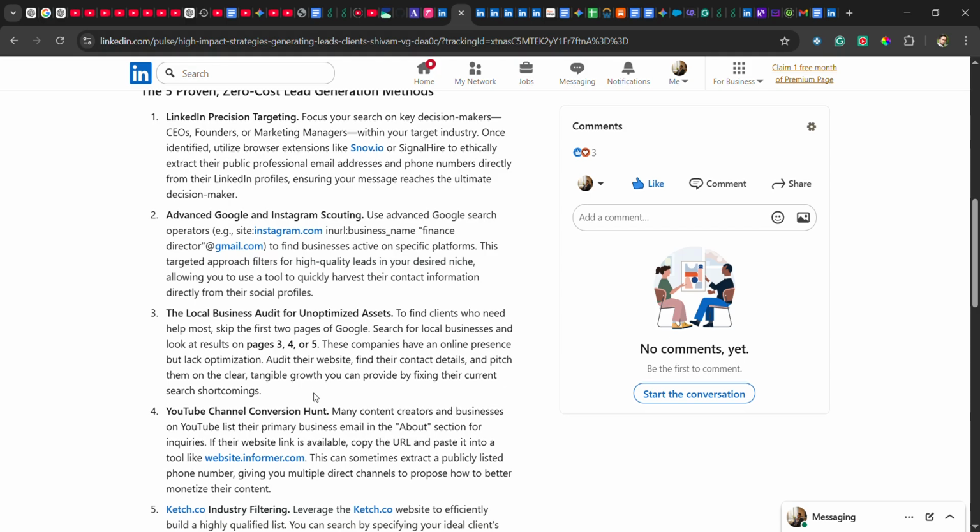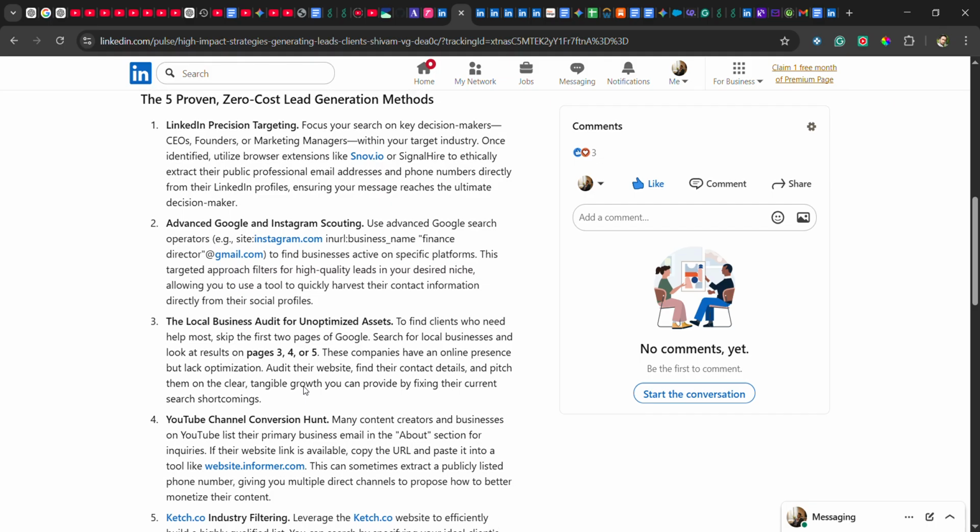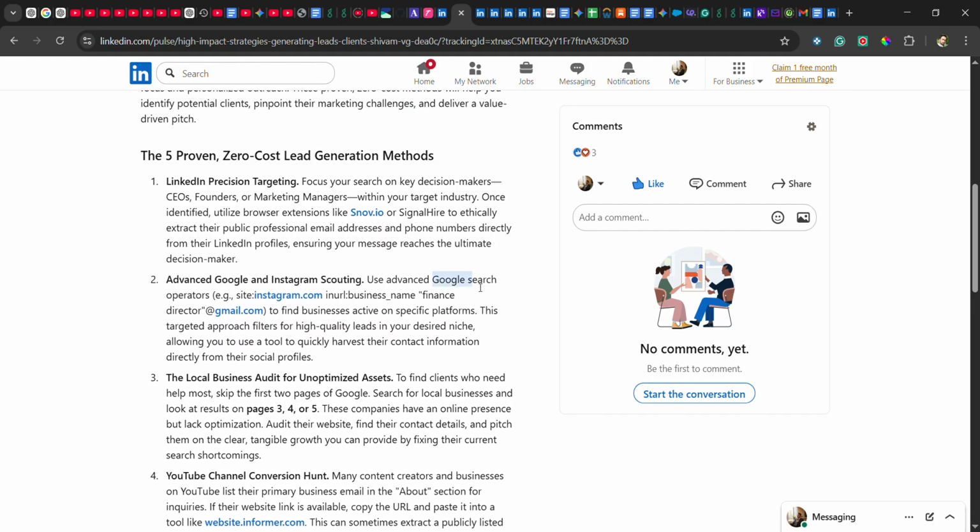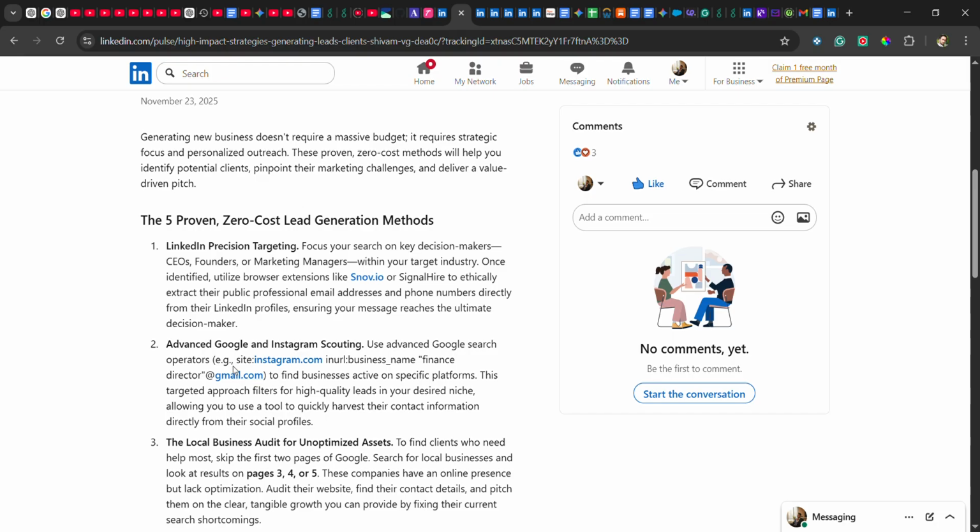Next step is advanced Google and Instagram scouting. So Google also provides us a search operator. Even SEO professionals use it for multiple purposes. So you can use the search operator site colon instagram.com in URL business name